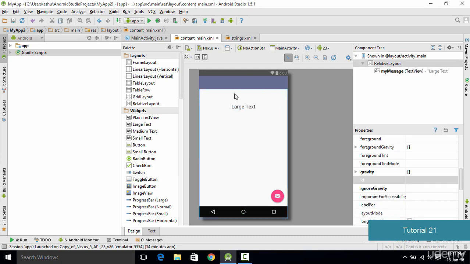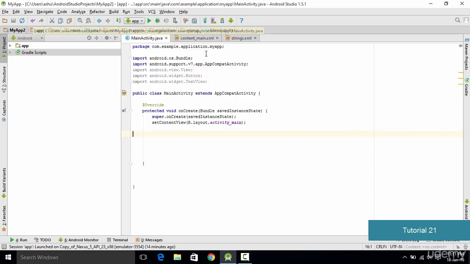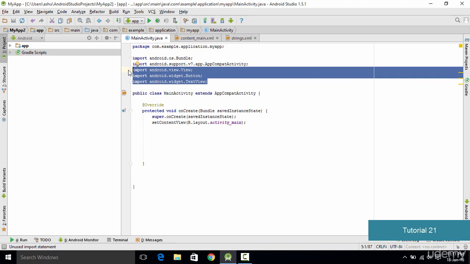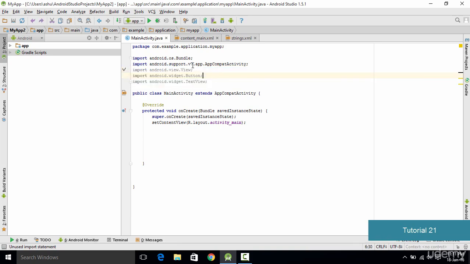Once this is done, the next thing which we need to do is import certain classes in the MainActivity.java file. So we go into the main activity and add some imports which we are going to need. The first import is the TextView, which we have already imported, and the next import which we are going to need is the motion event.